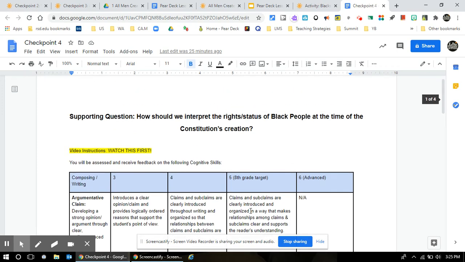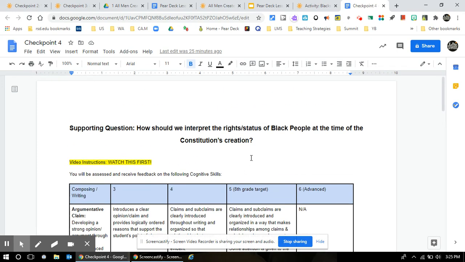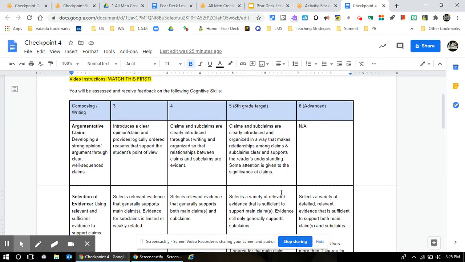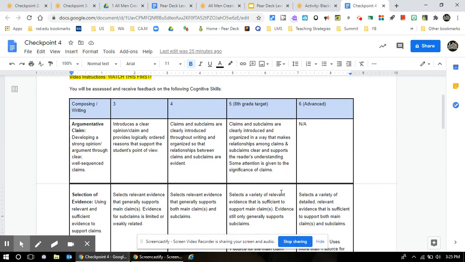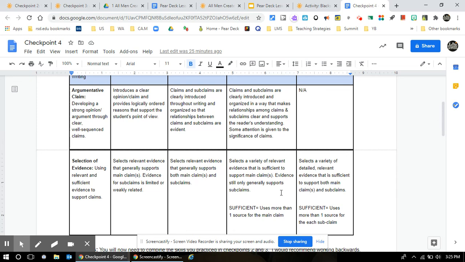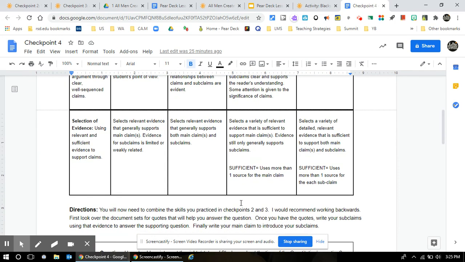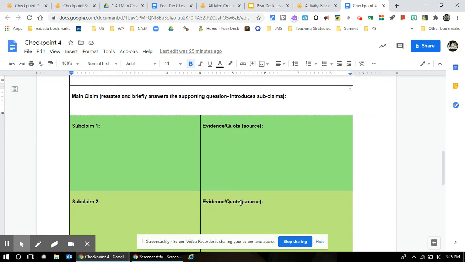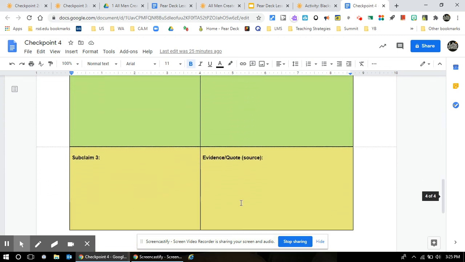All right, so once you have done that, these are the 2 areas that you should be getting feedback on. We are getting very close. We have one more area to look at after this. And then you'll be turning in your final product, which I'm going to modify some just because of time availability. But do your best work and submit it as soon as you can. If you have any questions, let me know.